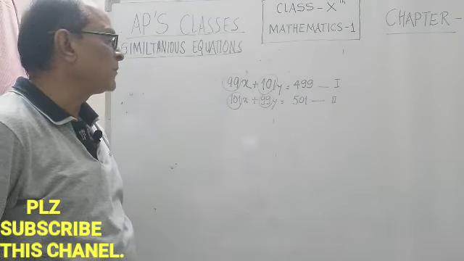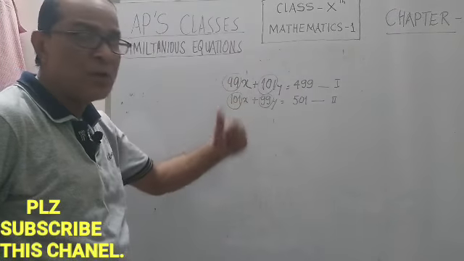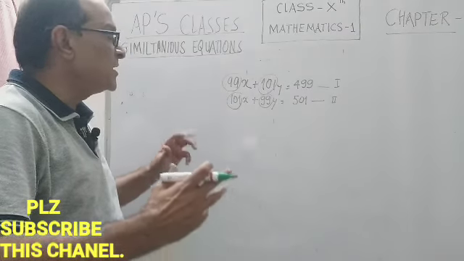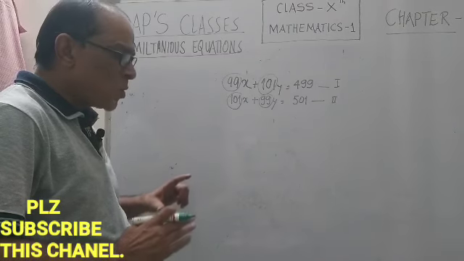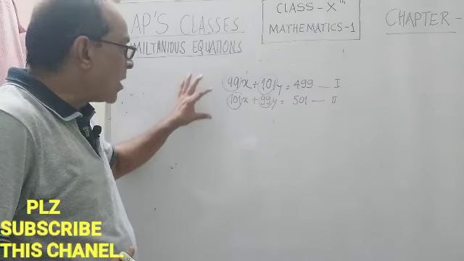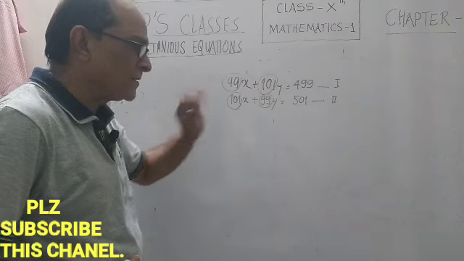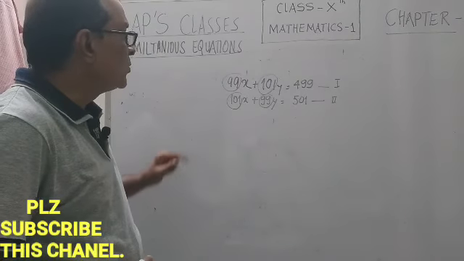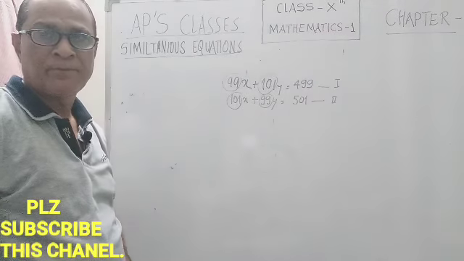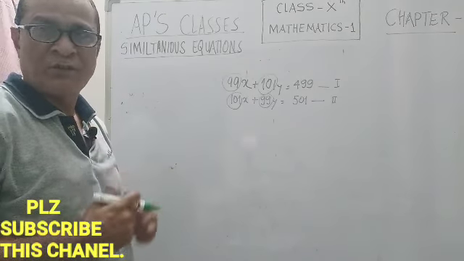Just watch what I am doing. These are the two equations. I need to solve for what is x and what is y, and I do not want to go into tedious calculations. So it's a very easy way. Compare both. First, add both equations. Second step, subtract, and form the third and fourth equations. The third and fourth equations will guide you in an easy way.